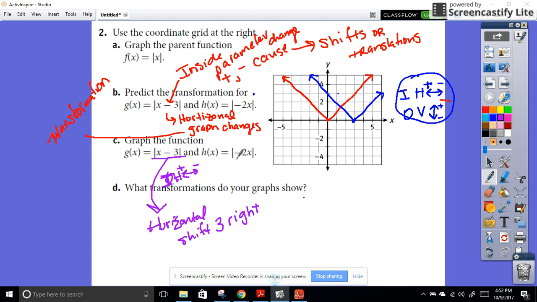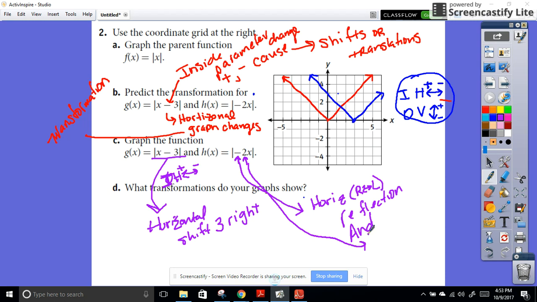Okay. This one, remember, had 2 parameter changes. One parameter change right there, one parameter change right there. That caused a horizontal change, because it's inside. And when you say horizontal, think right to left and left to right. So it flipped it. A horizontal reflection. Anytime it's a negative, that's what we call a horizontal reflection. And the 2 right here caused a horizontal